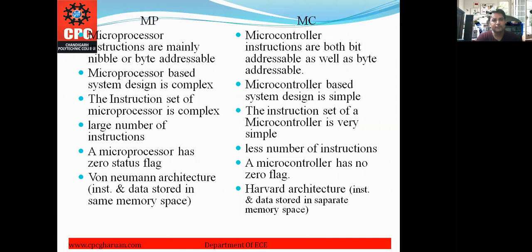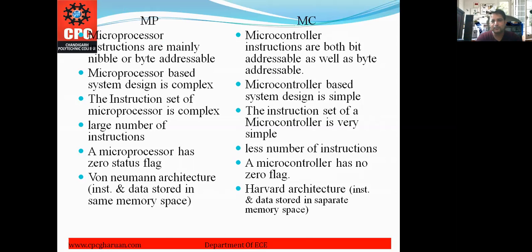Some more differences between microprocessor and microcontroller are: microprocessor instructions are mainly nibble or byte addressable. On the other hand, microcontroller instructions are both bit addressable as well as byte addressable. Addressable means you can change any bit of the instruction or byte of the instruction. But in microprocessor, if you want to change any instruction, you have to change the whole nibble or whole byte. Microprocessor based system design is complex.